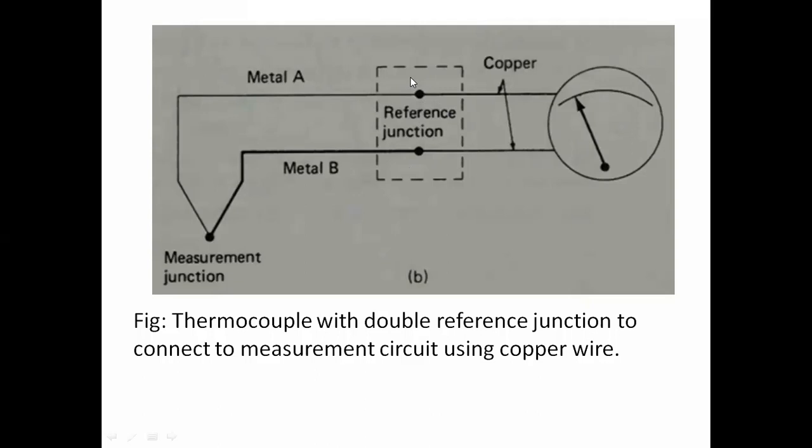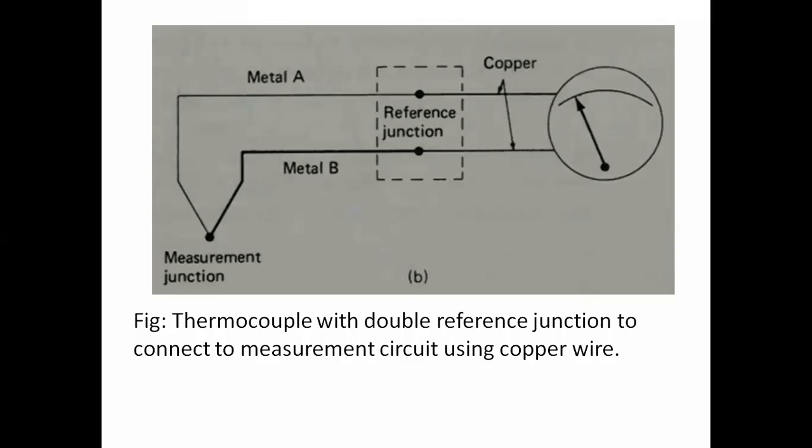So again it acts as one junction, and here it is one junction, and here it is another junction. So like this we have three junctions. Three junctions will produce three different temperatures, and that way we can obtain the error voltage. To avoid such situations, we can keep these two measuring points at the same temperature, at the same point, so the temperature does not change.